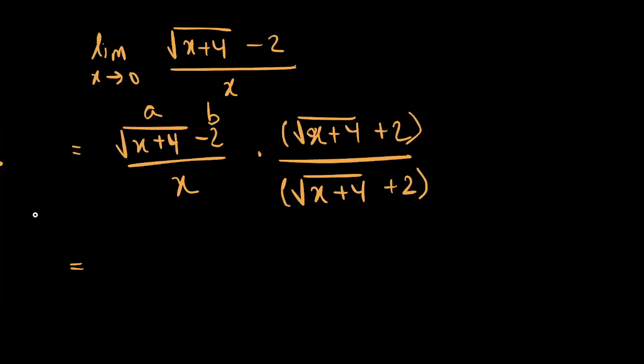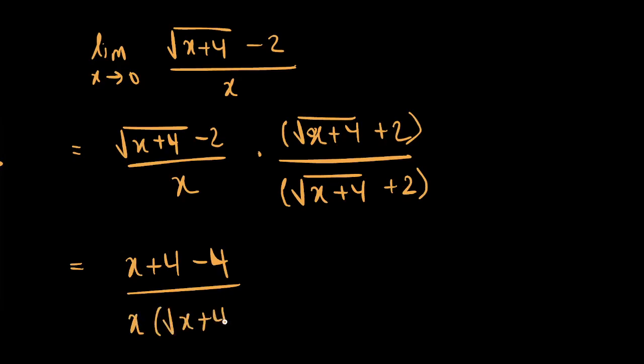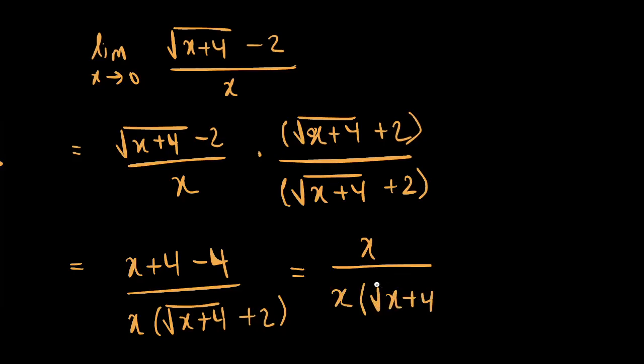So, thinking of it like that, if we square this a term, the square of the square root of x plus 4 gives us just x plus 4, and the square of 2 is 4, so x plus 4 minus 4, and our denominator is then just going to be x times the square root of x plus 4 plus 2. The numerator then can further simplify down to just x, and we get x times the square root of x plus 4 plus 2,